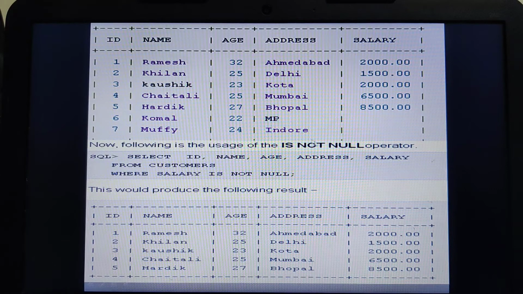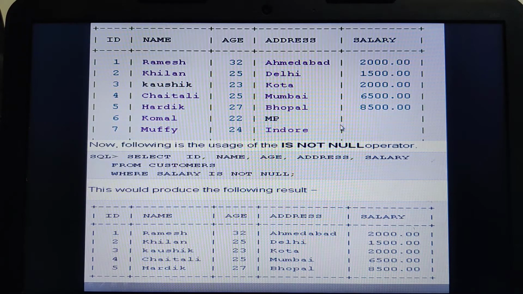This is my current table wherein I have kept ID, name, age, and address. Sorry, ID, name, age have the not null condition. That means they have to explicitly accept values, whereas for address and salary I have not put any kind of constraint, so they are capable of accepting the null value.